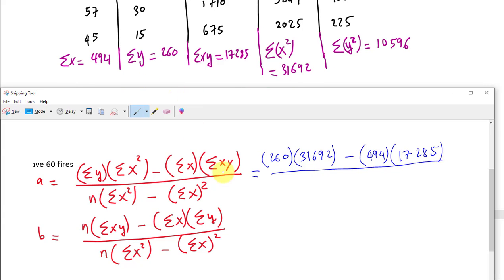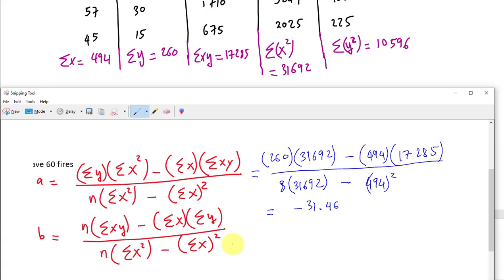So n is 8, and the sum of the x squared, which is this one, 31,692, and subtract the sum of all the x, which is 494, and then keep the square outside. And if you plug that in your calculator, you should be able to get negative